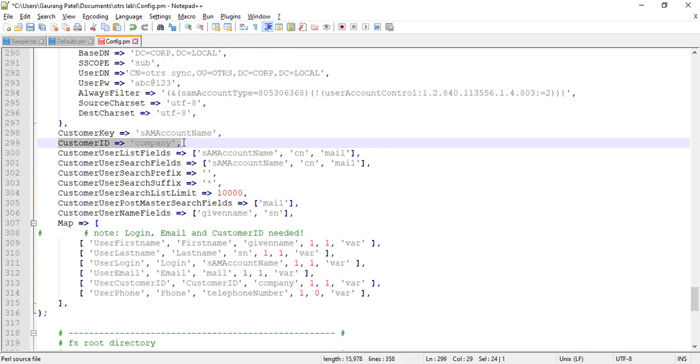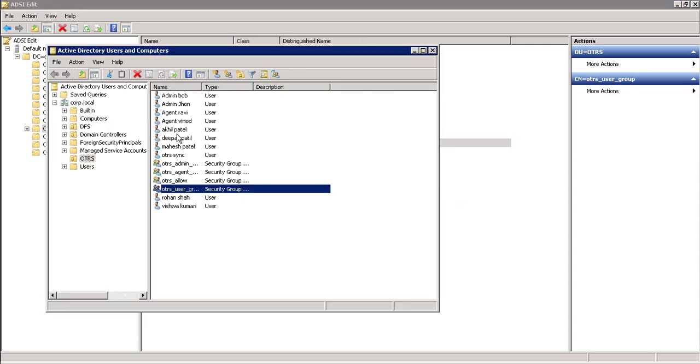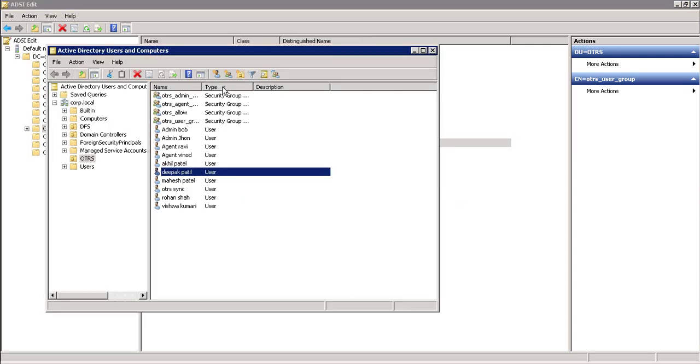If you are using email ID, then put email ID here. I am going to use the company attribute of user. I'll show you and map it to a customer ID in OTRS. So let's see into our Active Directory. These are our users.